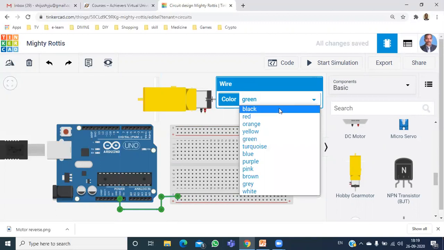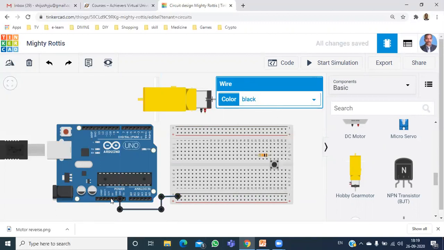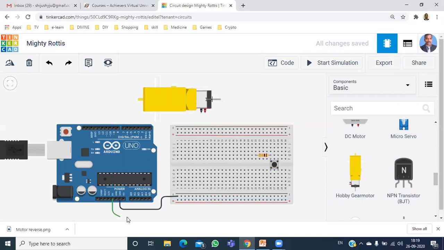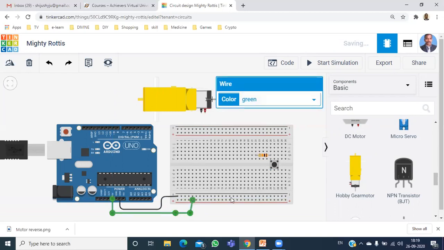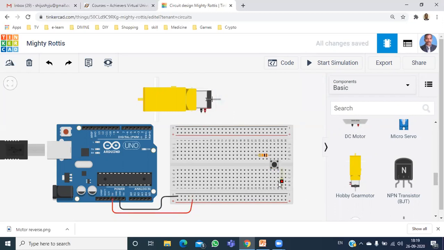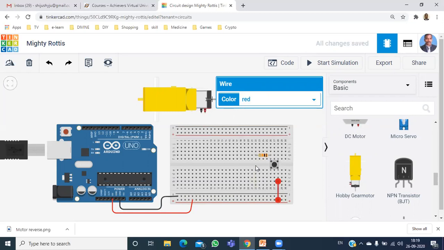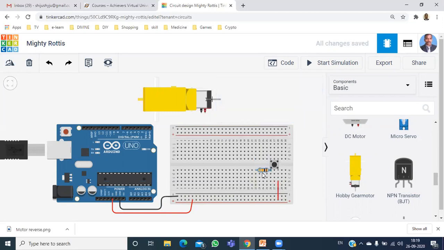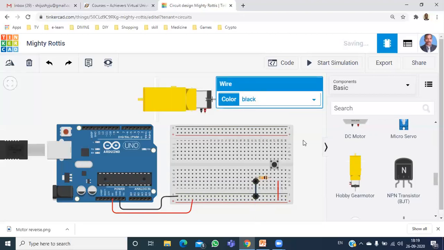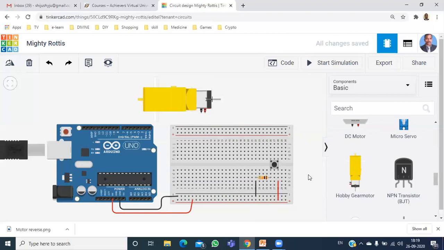As per our notation, it should be black for ground, and this is the 5 volt, and this is red color. Let me connect the switch, the push button switch, to the 5 volt. Again, the color coding red, and I'll change it here. It is easy for us. And this should be connected to the ground, black color.